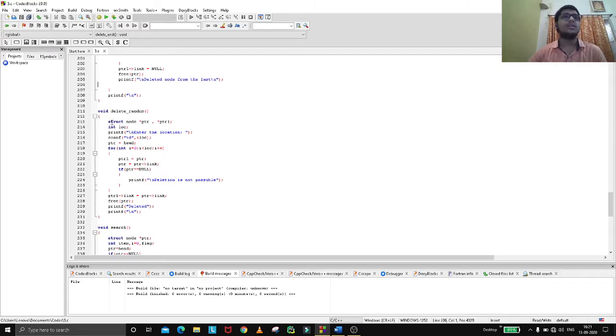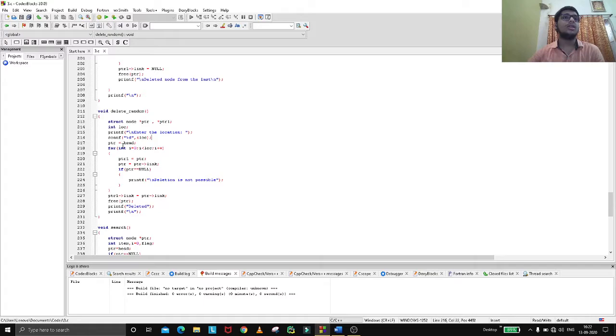So basically struct node *ptr, *ptr1 and loc. We have to give a location where we have to delete at run time. So it will ask the user to enter the location, and the user gives a location which is scanned by the function as loc.